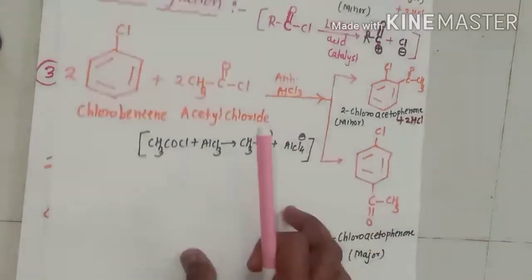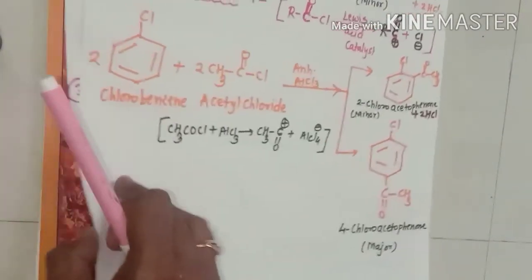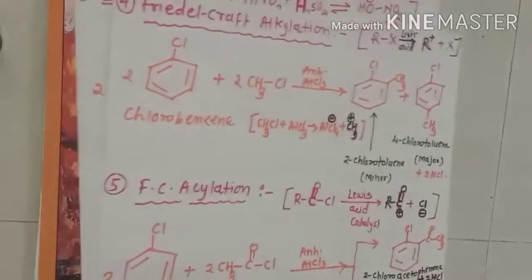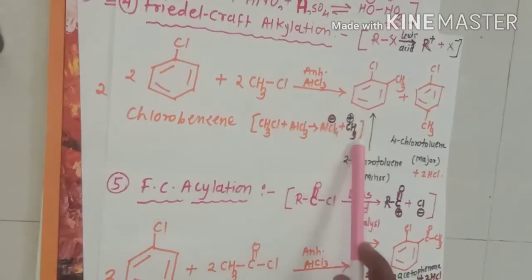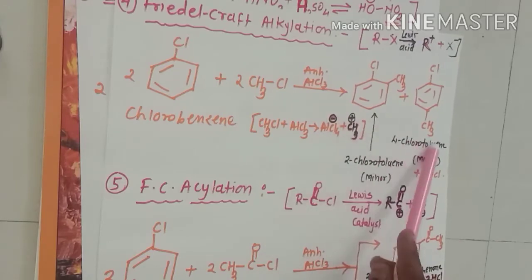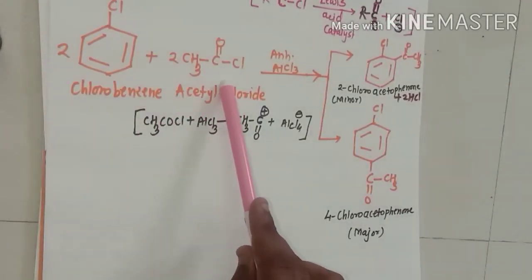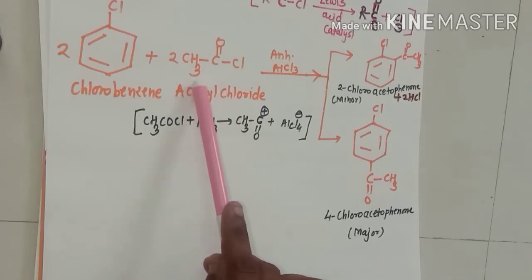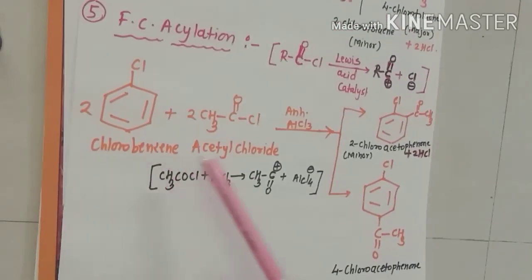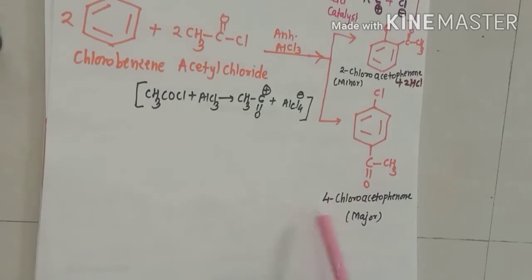In this way, here we discuss Friedel-Crafts reaction. First we discuss Friedel-Crafts alkylation. Here we get two products, para-chlorotoluene and orthochlorotoluene. Para product is major. And in second case, we treat haloarenes with acid chloride or acyl chloride. This reaction is called Friedel-Crafts acylation reaction. Here we also get two products, orthochloroacetophenone and para-chloroacetophenone. Para product is major because we know the reason. Here there is much distance between these two functional groups, hence this product is stable, hence it is obtained in major extent.